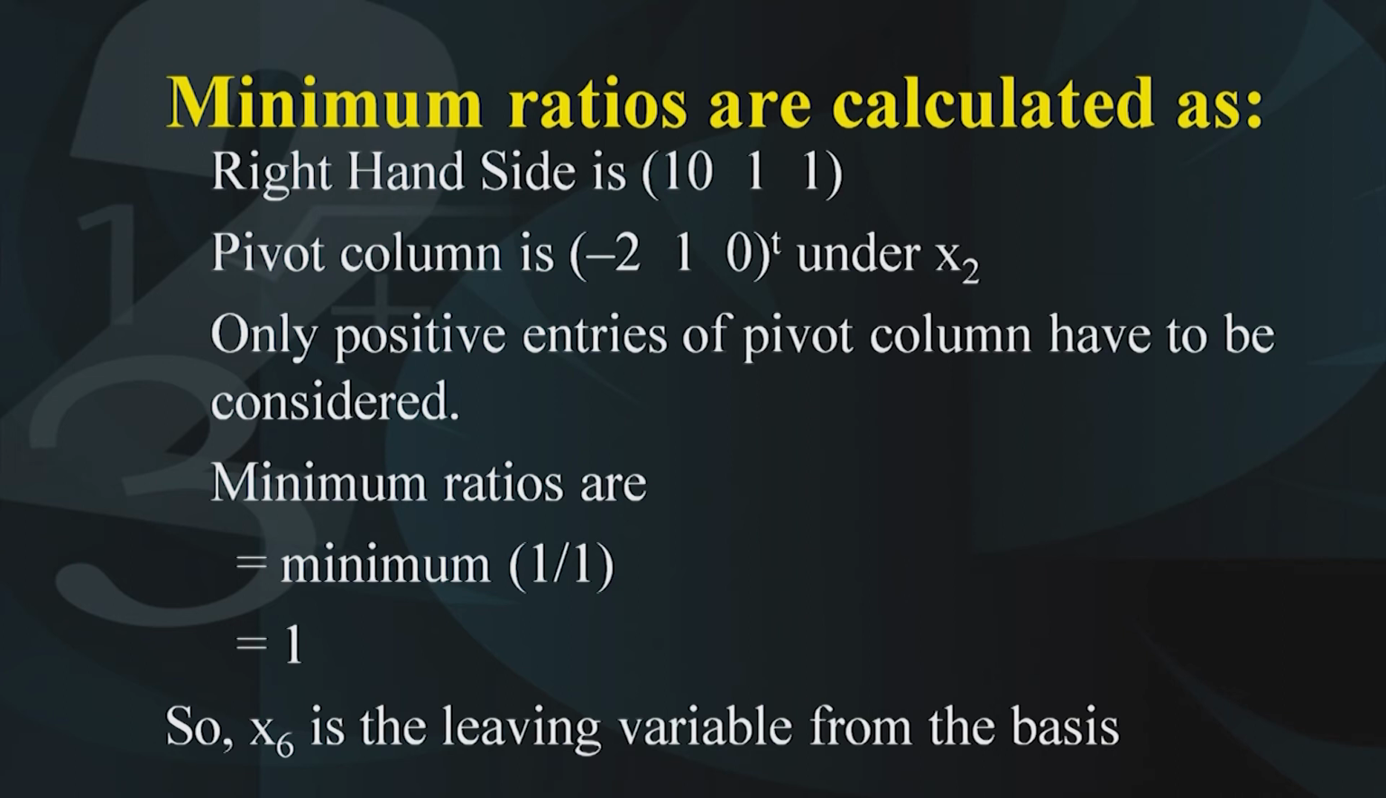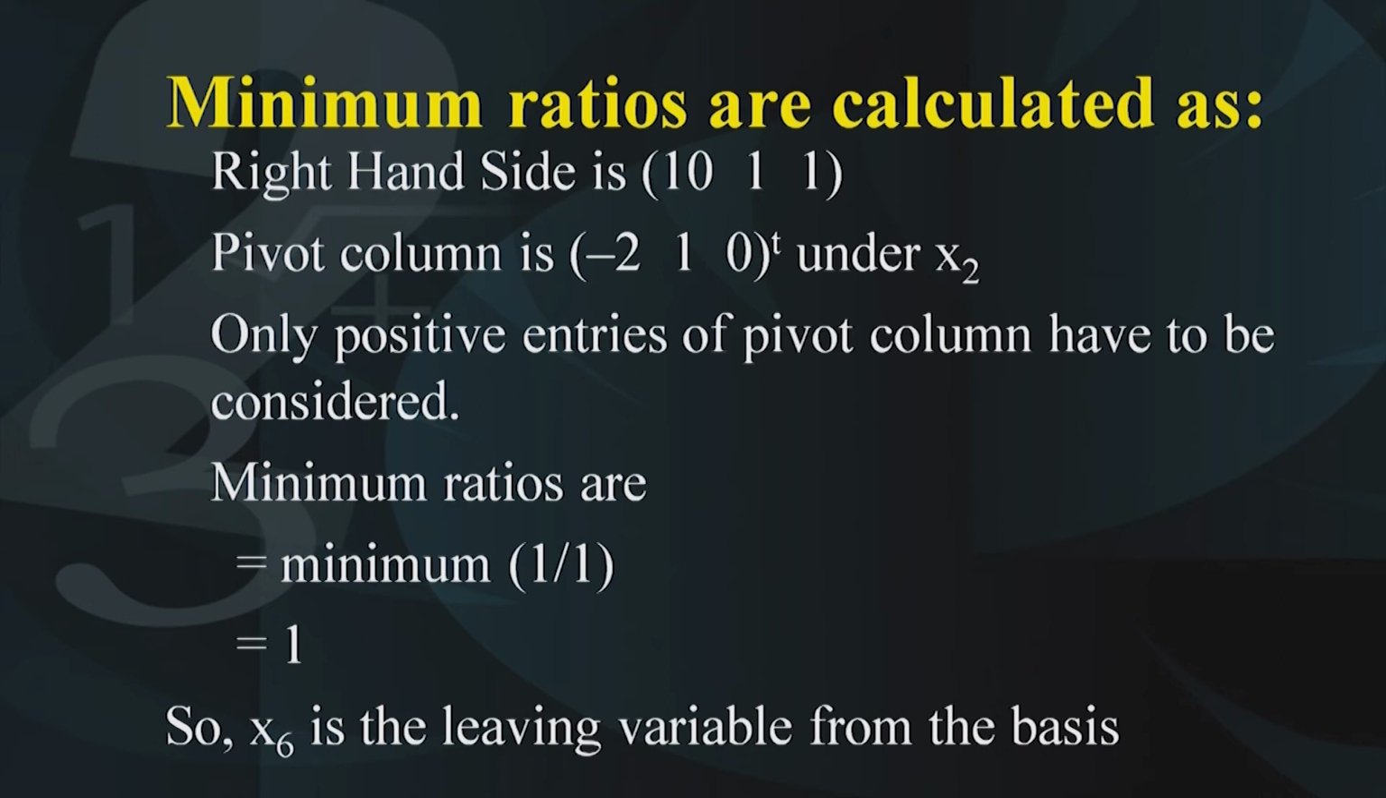Now, you will observe that in the pivot column the first entry is minus 2 and the last entry is 0. Now, these two entries have to be avoided. The minimum ratio test has to be performed only with the positive entries. So, in this particular case we are left with only one choice, that is the second entry. So, the minimum ratio will become 1 upon 1 and that is nothing but 1. So, there is no other choice in this particular case, and automatically this variable corresponding to the second entry,